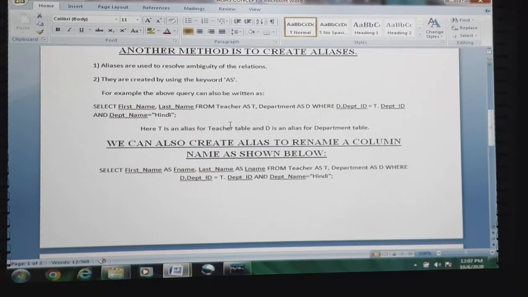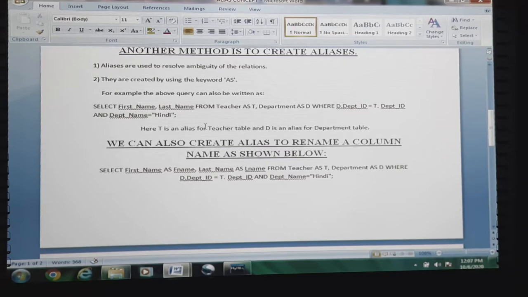See, select first name. Here also the same thing, we are not concentrating on taking the whole set of attribute values. Only two attributes, first name and last name, from teacher as T. Here the teacher table has been declared with the alias T. Similarly, department has been declared with the alias D, where D dot department ID is equal to T dot department ID and department name equal to Hindi. So the same thing is there.